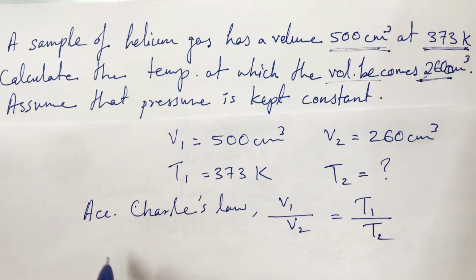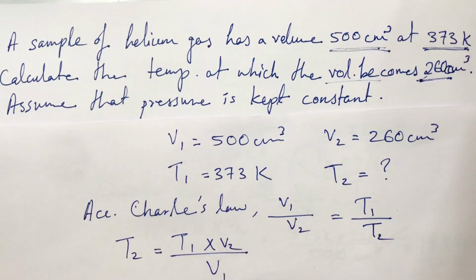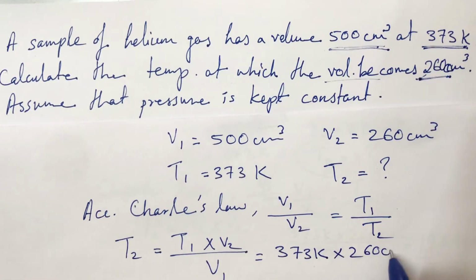Rearranging, we get T2 is equal to T1 into V2 divided by V1. T1 is 373 Kelvin into 260 centimeter cube, that is V2, divided by